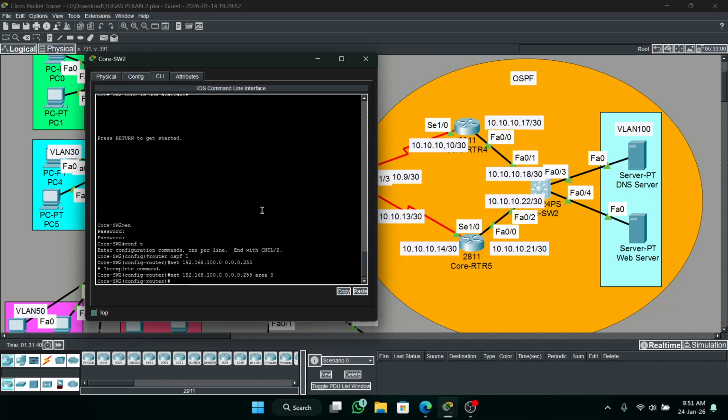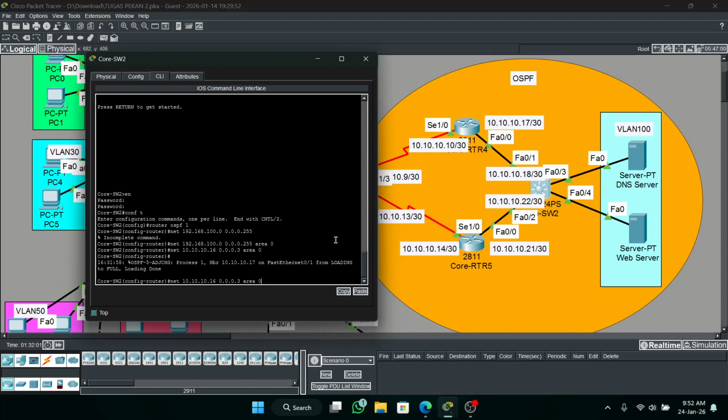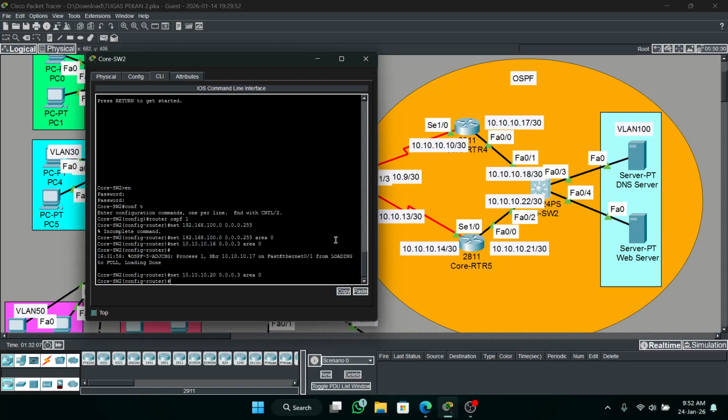Okay, next is network like in router 4, 10.10.10.8, 16. Okay, 16. Waiting for loading. Okay, good. After 16 is 20.